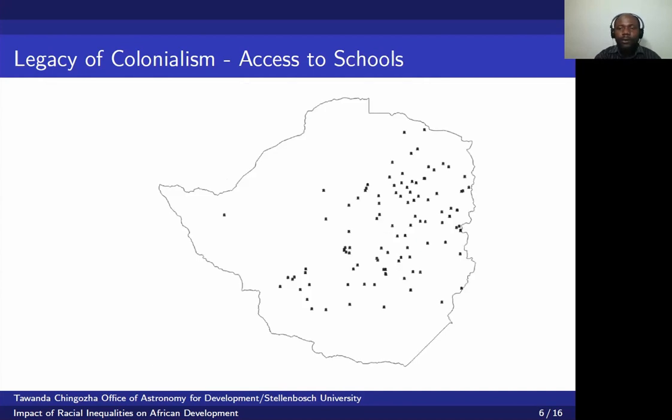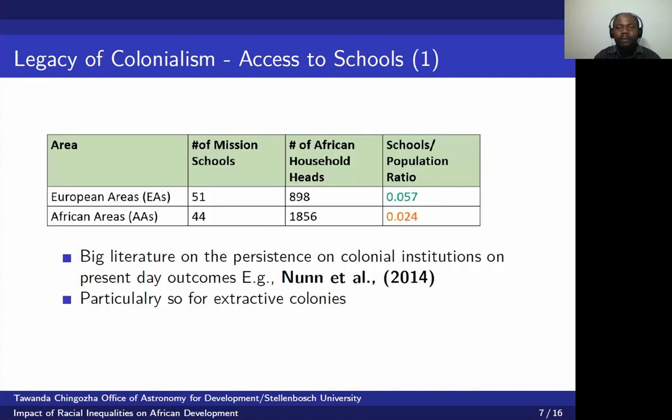This picture, I'm also focusing here on Zimbabwe because I've got more background on Zimbabwe because I come from Zimbabwe. So this picture shows the location of missionary schools. So this is their contemporary location, but that has always been their location. So these are mission schools. But you then find that when you look at the number of mission schools falling within European areas and the number of mission schools falling within African areas, as I show on the next table here, you see that